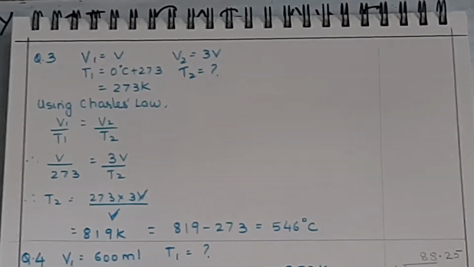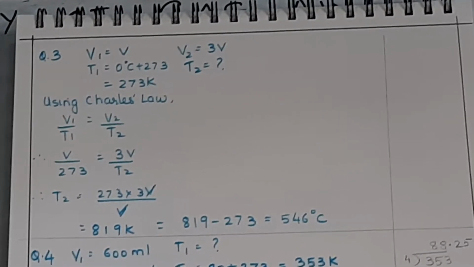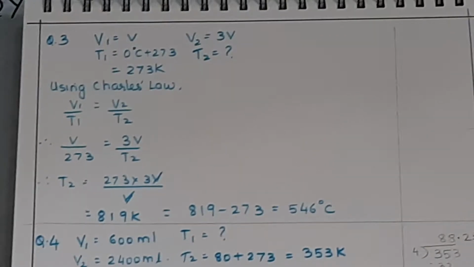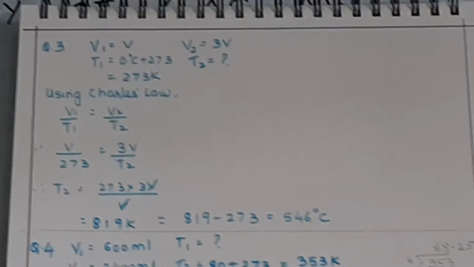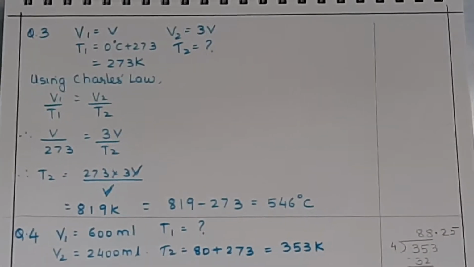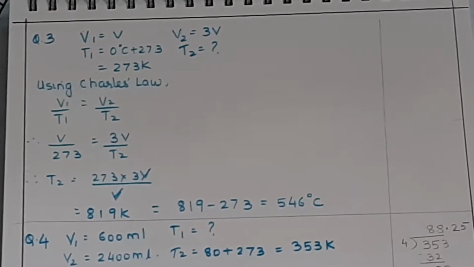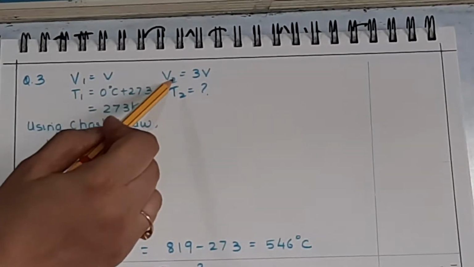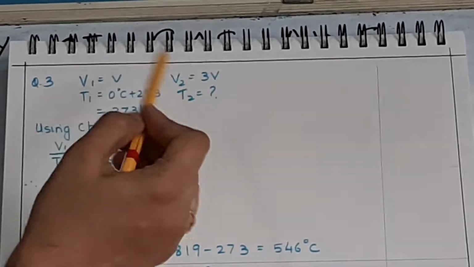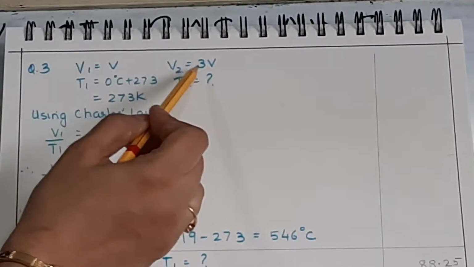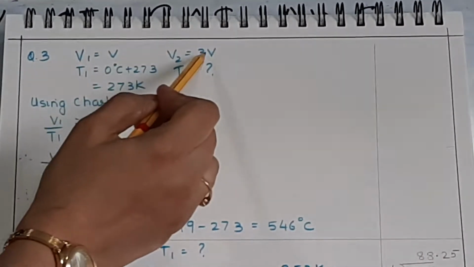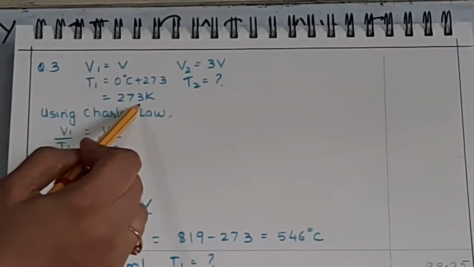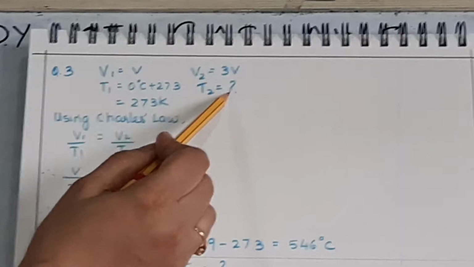Okay, now continuing with the classwork sums, the third sum. At what centigrade temperature will the volume of a gas at 0 degrees Celsius triple itself if pressure is constant? Okay. Now initial volume they haven't given you, so you can just assume it to be X, V, whatever you like. So final volume is triple that of the initial, so it will become 3V. If you take X, it will become 3X. Now initial temperature is 0 degrees Celsius, that's 273 K, and final temperature we have to find out.